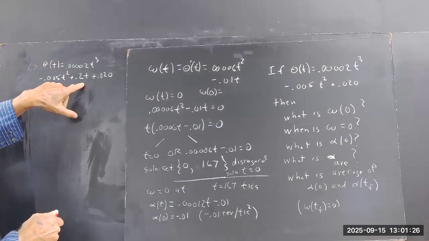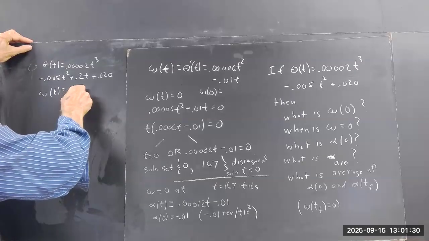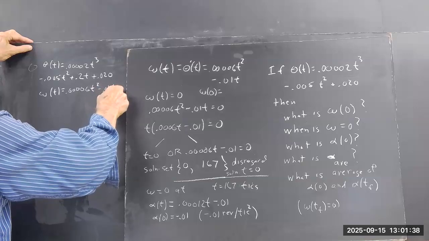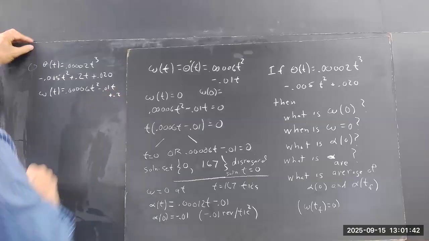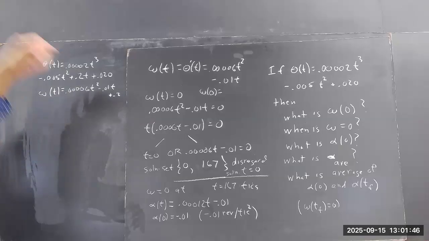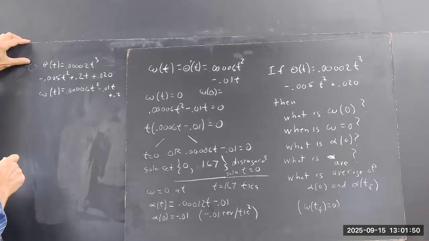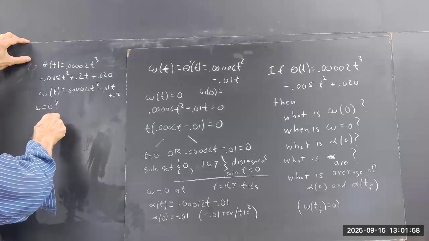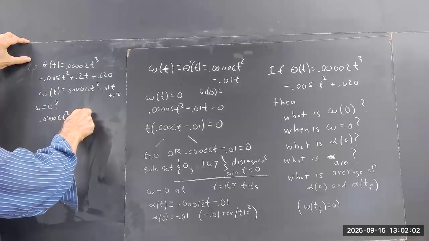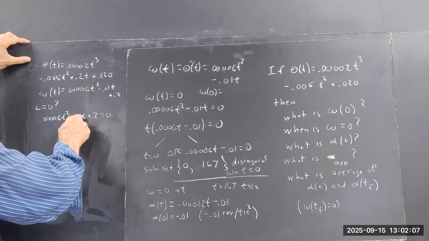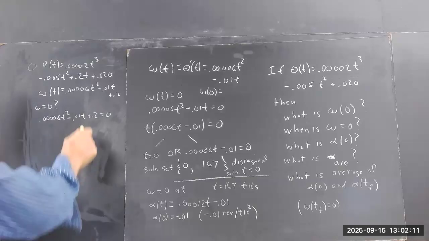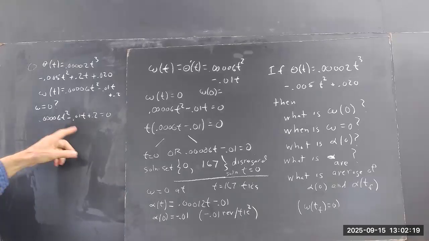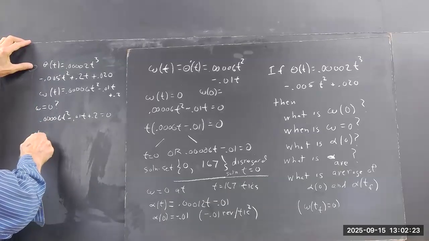Yeah, okay. If I put this 0.2t in here, omega of t is then going to be plus 0.2. Same thing I had before. Then if we want to know when t equals 0, or omega equals 0, then we don't even try to factor this. It'd be crazy just from real world data. Okay, the chances that you're going to run into something you can factor are pretty minuscule. And you get t equals